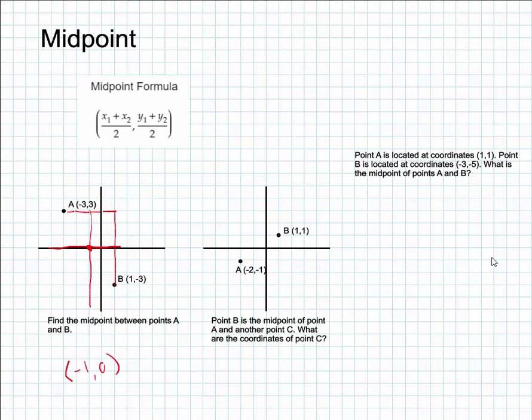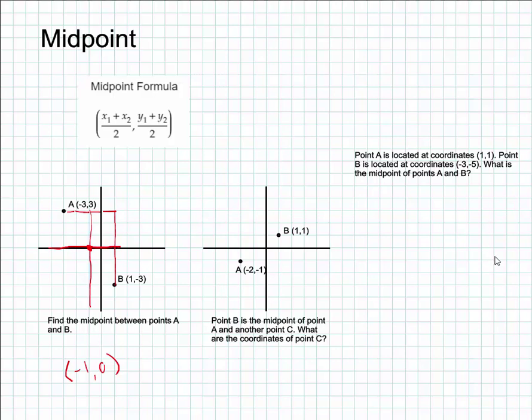Point B is the midpoint of point A and another point C. What are the coordinates of point C? Here we are given the midpoint between 2 points, but we don't know one of those 2 points. So to figure this out, again, we could use the midpoint formula, or what we can do is we can